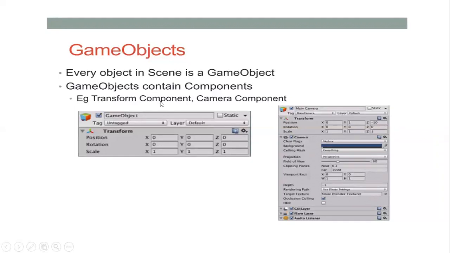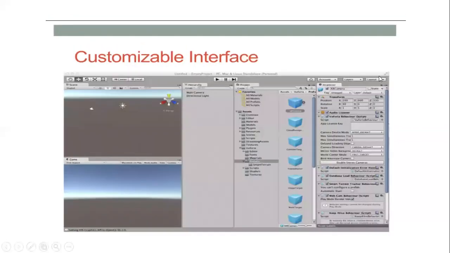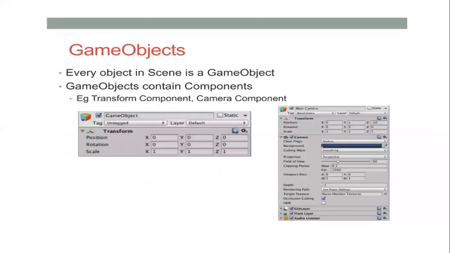So there are two components, the transform component and the camera component. The transform component means I'm going to set up my object's position, rotation, and scale. And I have to select the game object. By default, it will be checked. If not, you can check it. And the layer I'm choosing here will be the default layer. While you're making a customizable interface, check here that it should be a layer. If you see here, my layer as of now was in layout. You can keep it as default as well. I took the screenshot while my layer is in default.